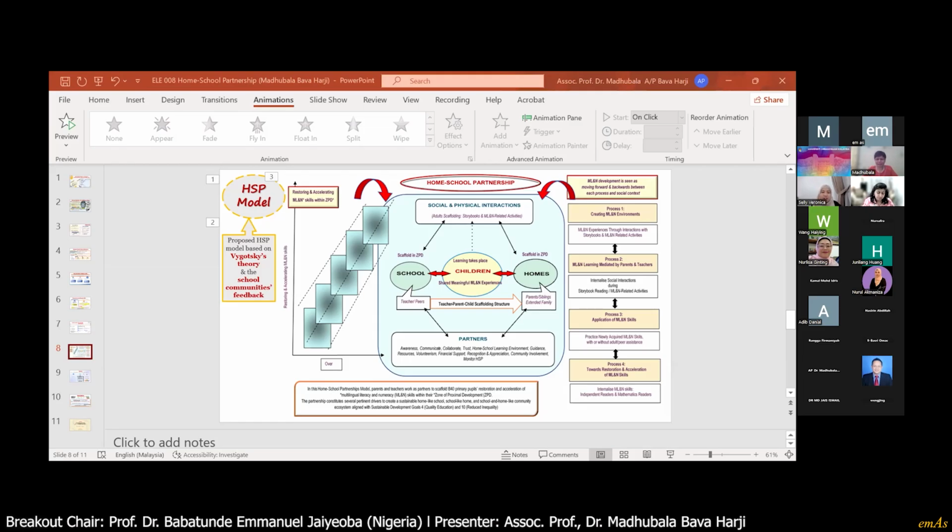It's very interesting research. I have a question. Before you mention it, Prof. Madbarat mentioned the background of the parents' education. How about the parents' culture or their habits while they're spending their time with the children? Is that also considered in the process of this research? Because I believe that in parental involvement in lower education, they need the process of the culture and habit from the parents. Thank you, Prof.